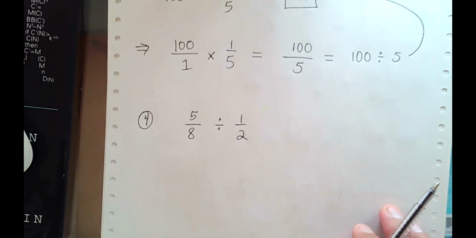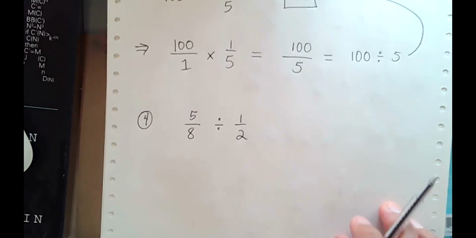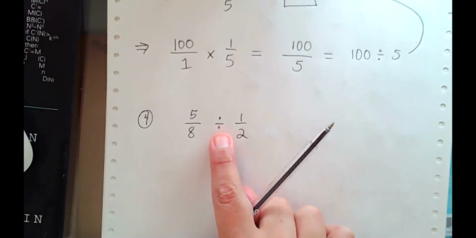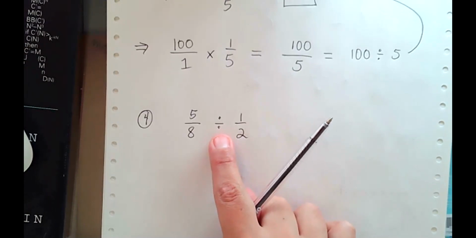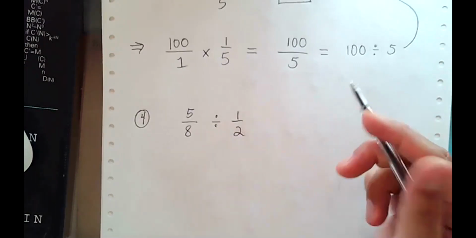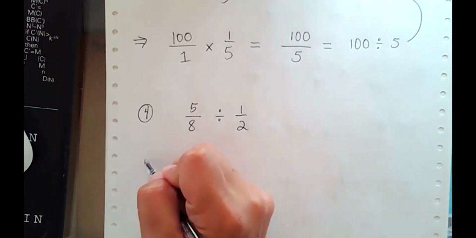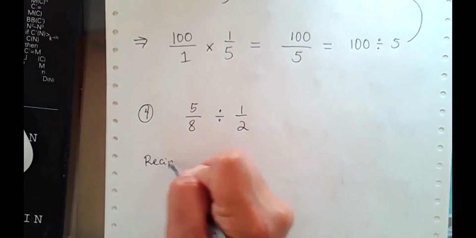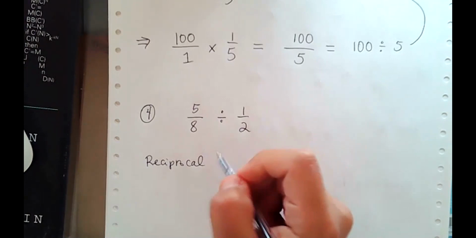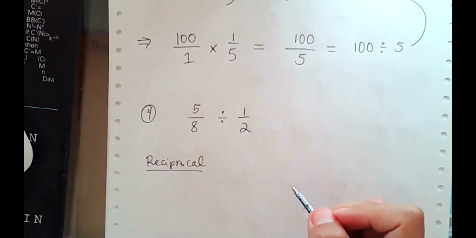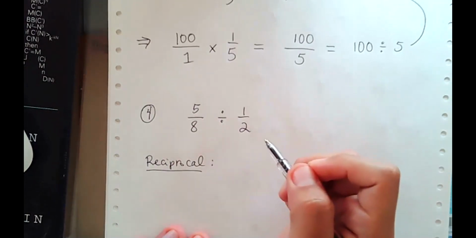So I've seen people do this cross multiplication. I really don't like the phrase cross multiplication because I think it does more harm than good. It turns out that division is just multiplication by some reciprocal. So what does that even mean? Let me throw some vocabulary at you real quick. Reciprocal is